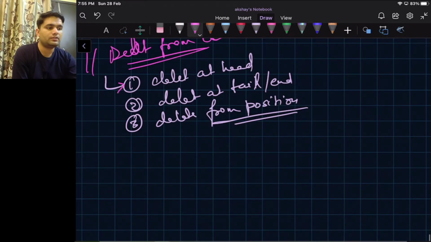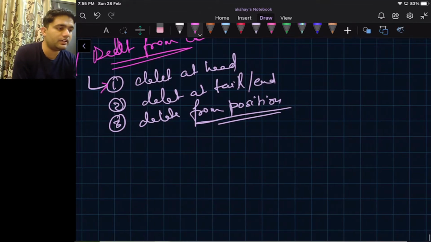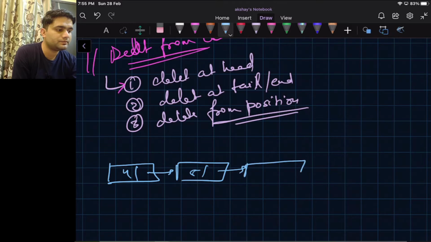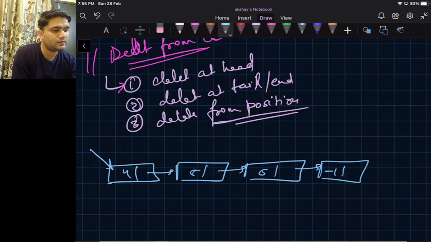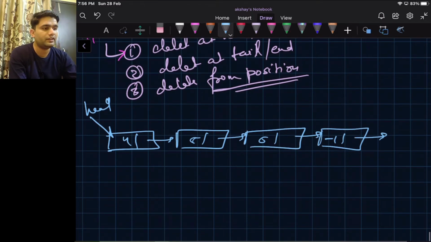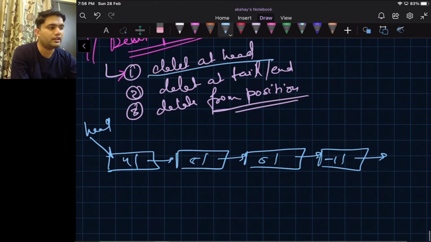Okay, so let's see delete at head. Let's create a linked list. Suppose this is our linked list and we want to delete at head. Deletion at head is very trivial. We simply need to do head is equals to head dot next.